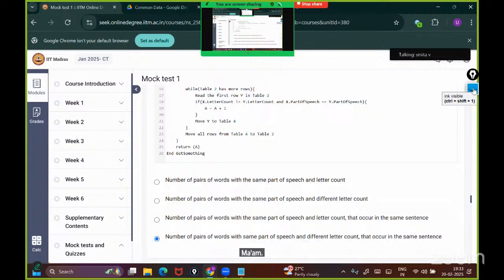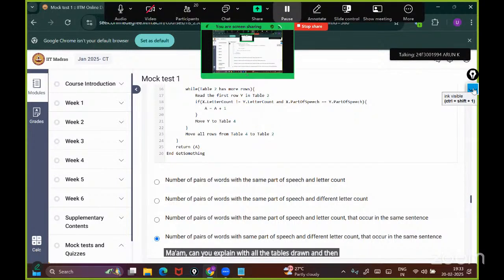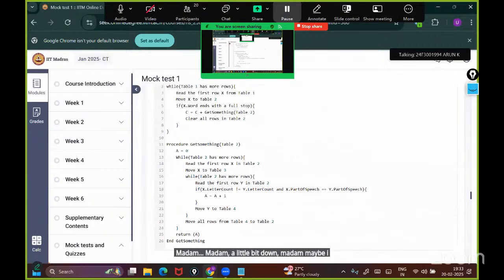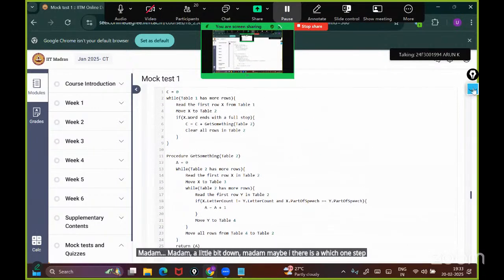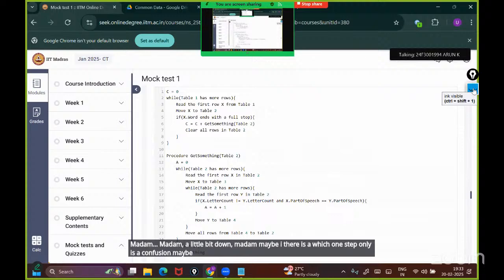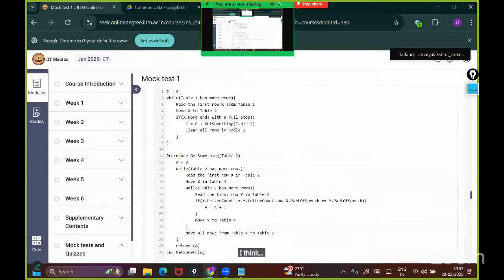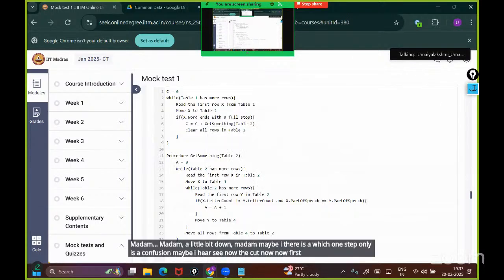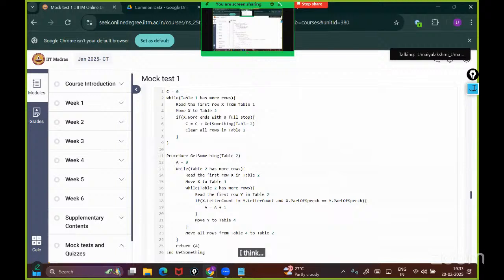Ma'am, can you explain with all the tables drawn, and a little bit more, once? It may be very confusing. There is one step which is a confusion. See, I think now, first up to the fifth row, it will check